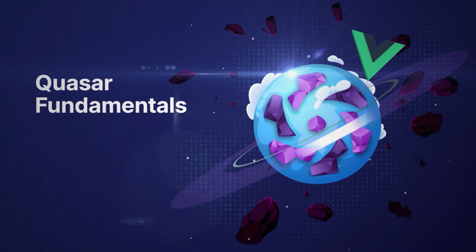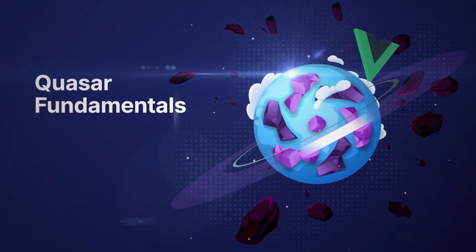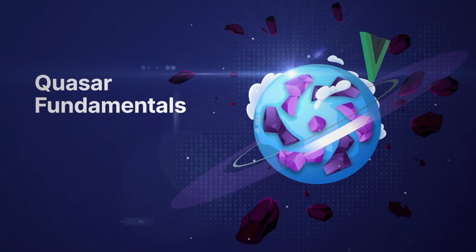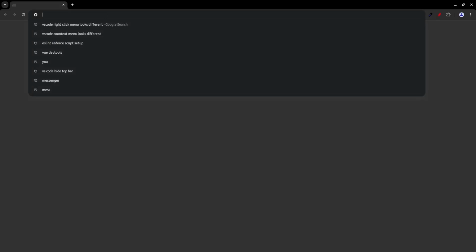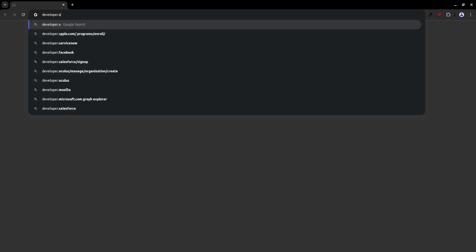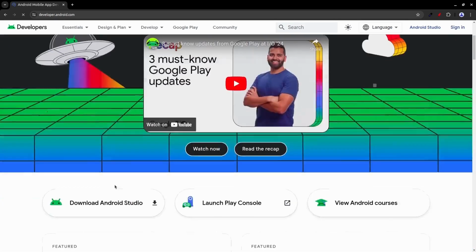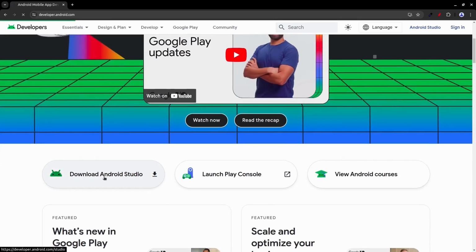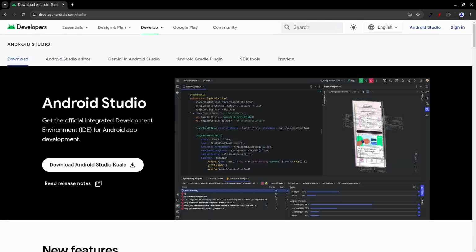Let's get Android Studio installed and set up on Linux so that we can start building Android apps with Quasar. First up, we're going to head over to developer.android.com. Scroll down just a little bit and select Download Android Studio. Android Studio is what we'll use to essentially run our application. And it also installs all the other bits and pieces that we need to get apps up and running on